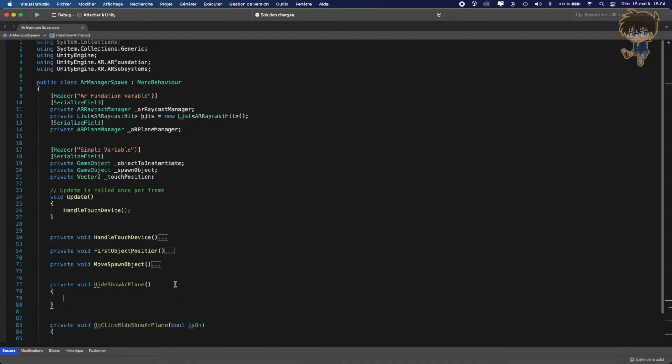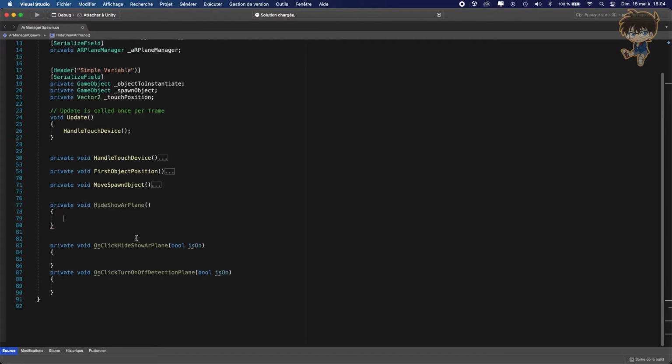And again, as I told you, if you follow me, I like to separate the onClick function and the function I coded. So I will just need to call this function. Do not forget to put bool isOn, because we need this, like this, like this, and like this. So okay, I will just call this function, and I will code this function to hide and show AR